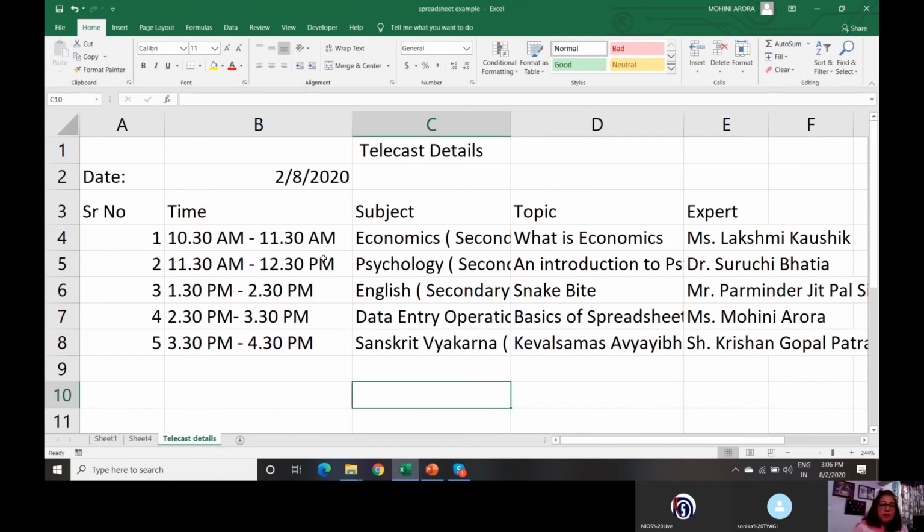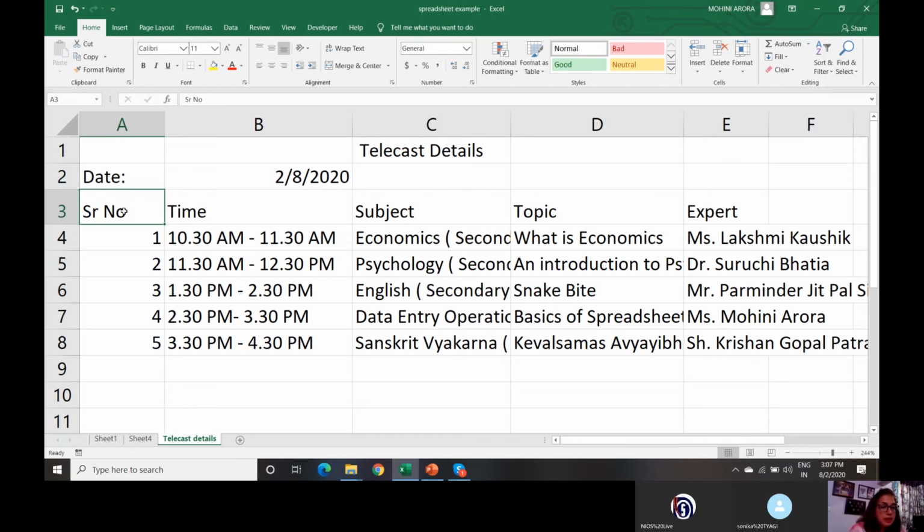Say I want to edit data in my worksheet. Suppose this serial number, I want to write as serial number incomplete. So how do you do that? How do you edit the data that is there in the worksheet? You click on that particular cell.